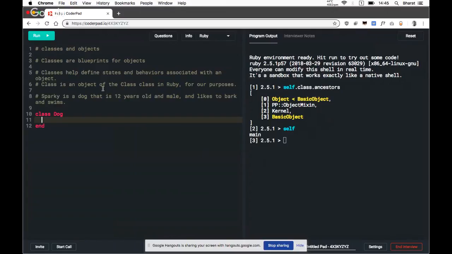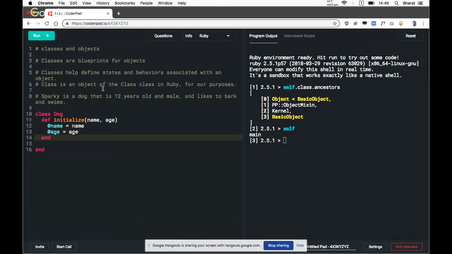As in, we can create similar dogs of this nature, and a class is an abstraction of this. So we can initialize this dog with a name and age, and we can give it some sort of gender. So these would be the states of this object.